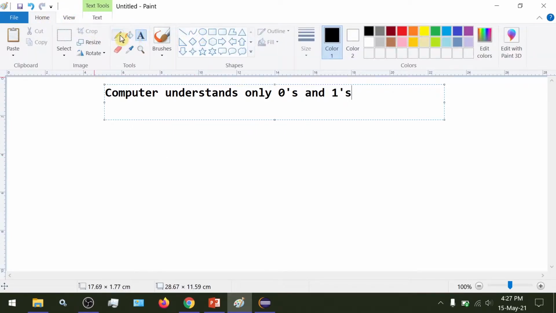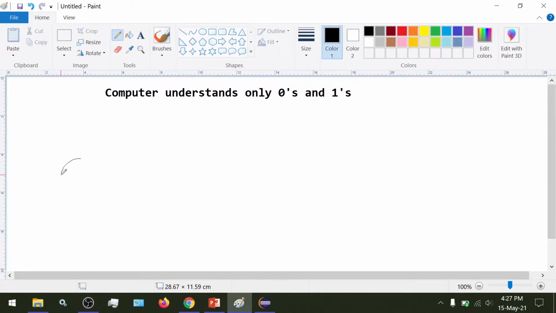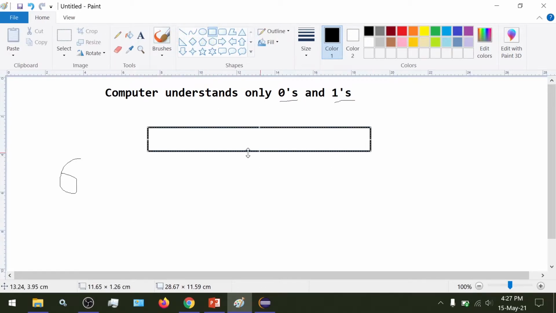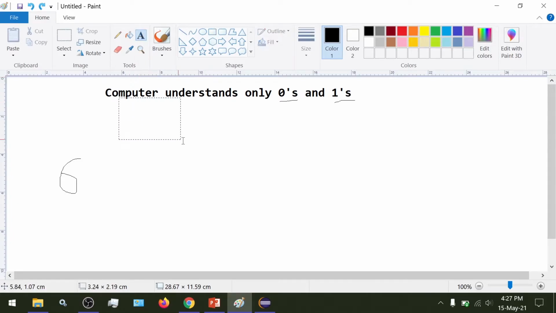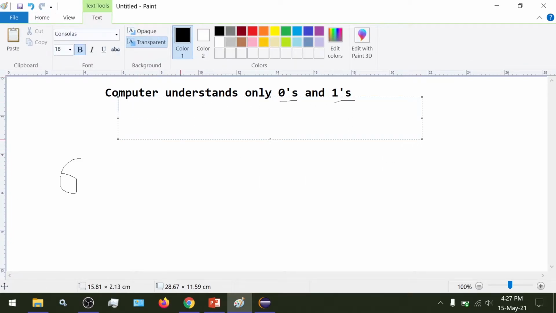Let's say we want to represent the number 6 in our computer's memory. We would have to convert this number into a sequence of zeros and ones. So there are sequences of zeros and ones to represent data.